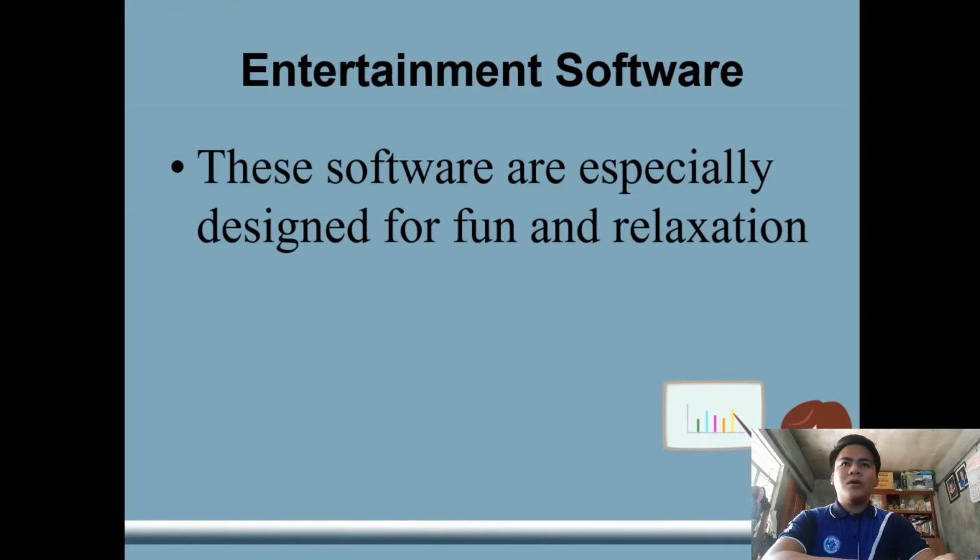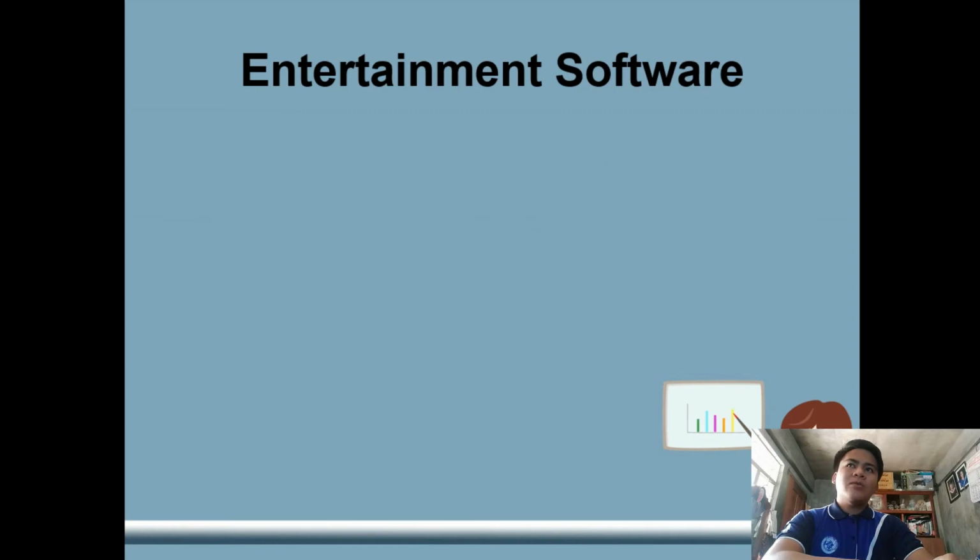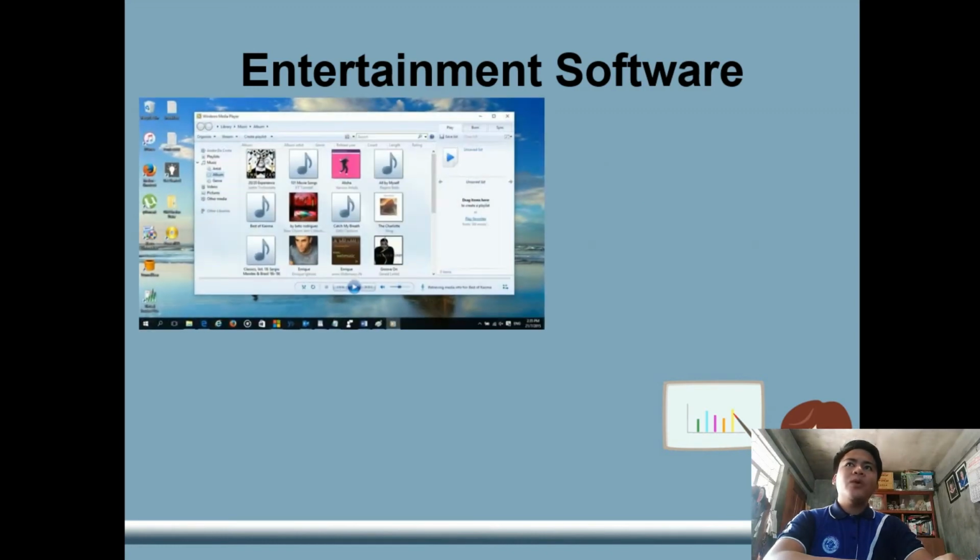It is designed for fun and relaxation. Example of this one, I know that you are aware with this one, the Windows Media Player. Windows Media Player allows you to play images, play music, and it allows you to play videos or movies also.